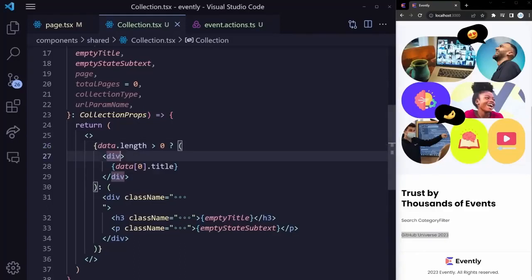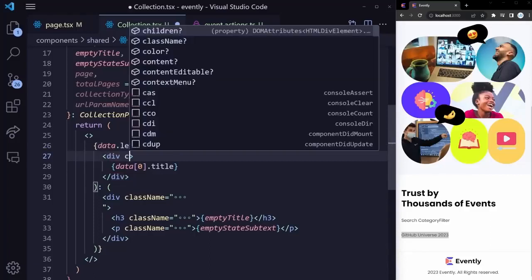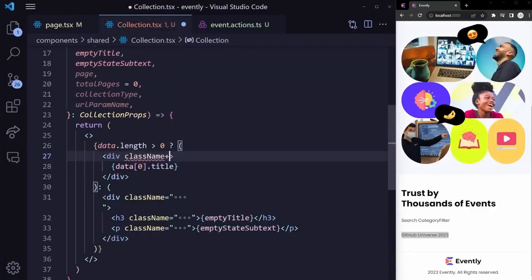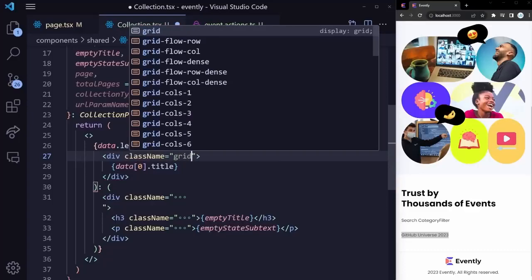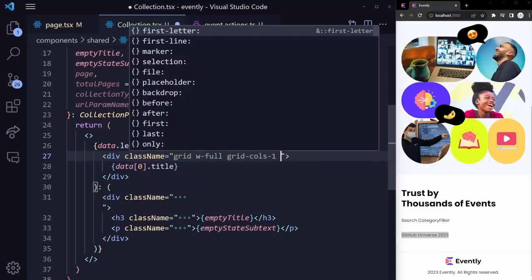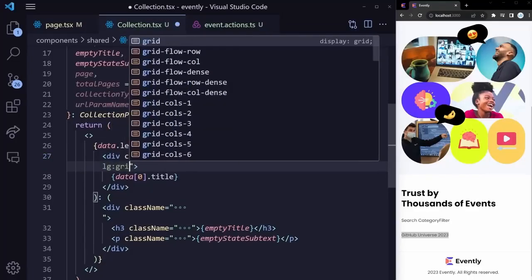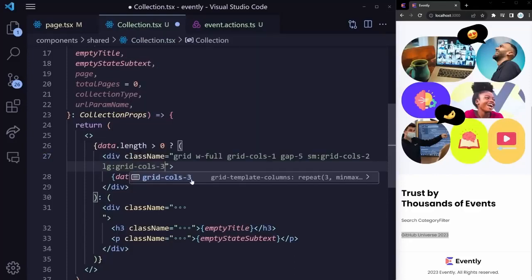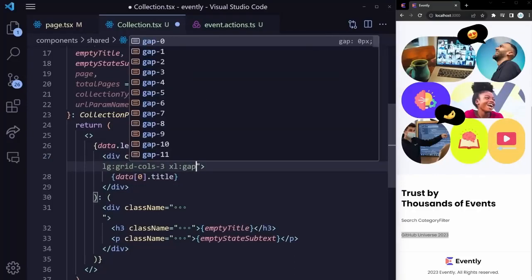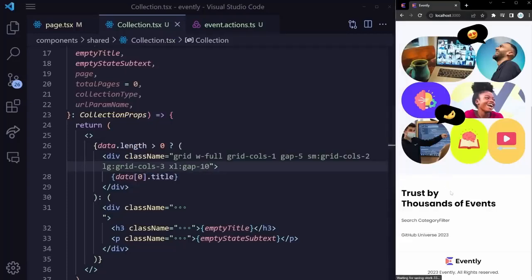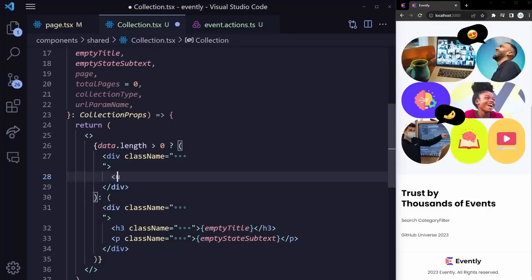First, let's create a wrapper div for all of these events by giving it a class name equal to grid w-full grid-cols-1 gap-5. On small devices, we want to show 2 per column, so we can say grid-cols-2. On large devices, grid-cols-3, and on extra large devices, a gap of 10. That's not going to change too much right now, but as soon as we render the data within a UL,